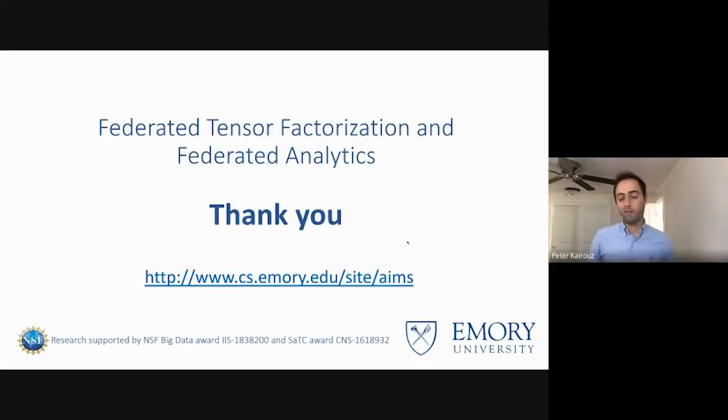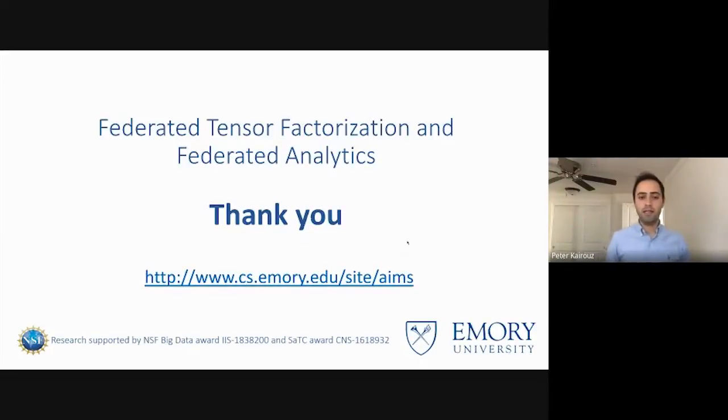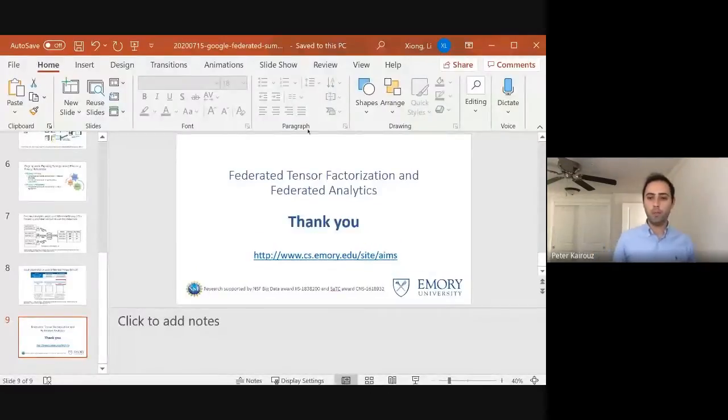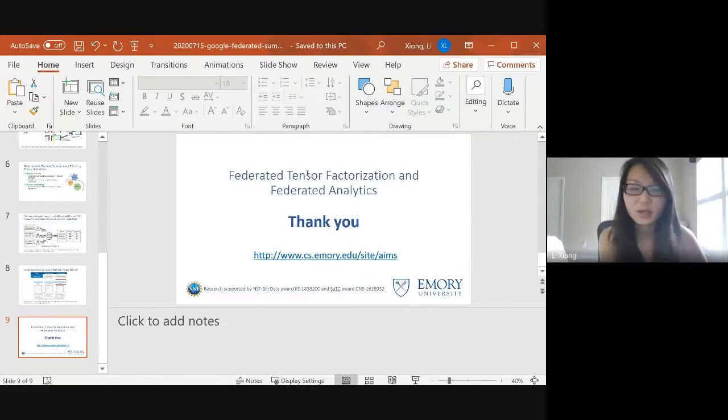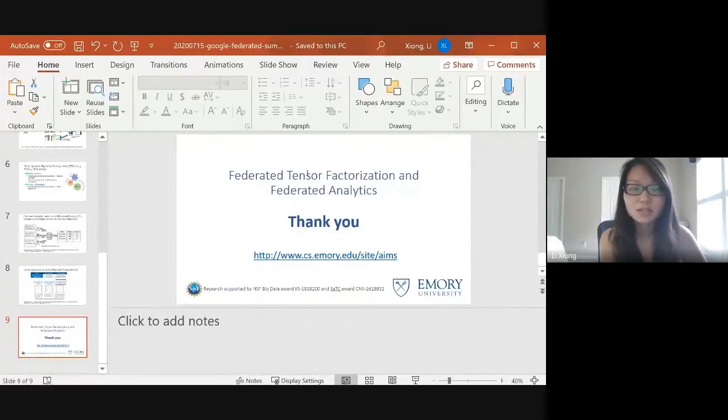I'll ask a question. In fact, I have 2 questions. The first one is, for the analytics application that you talked about, do you assume a closed set or an open set? In other words, do you assume we know all the movies, or we're trying to discover these movies and then compute their frequencies and average ratings? That's a great question. Here we do assume a closed set. So it's like histogram estimation and mean estimation. Exactly. The main interesting thing here is the correlation between the key and values, but the key is a closed set.